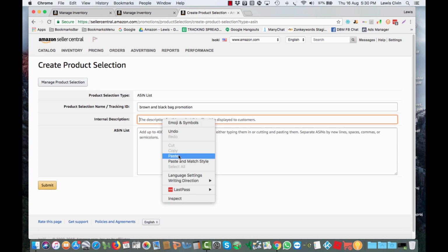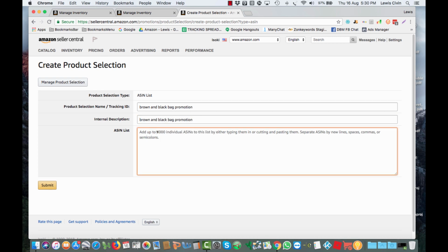and paste. And now we put in, either separated by new lines, spaces, commas, or semicolons, in other words, however you want to do it, all the ASINs that must apply to this brown and black bag promotion. If it's your first promotion, I would do one only. In other words, you're going to pick your one product, and pick the one ASIN and put it in, because it can be dangerous if people are allowed to apply a code to multiple ASINs. They could buy one of each of them. So